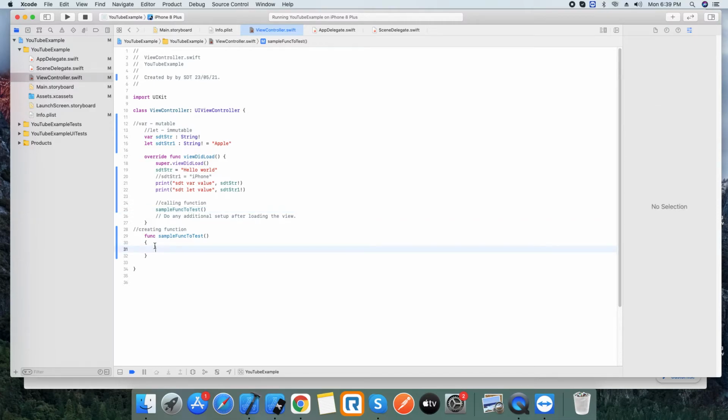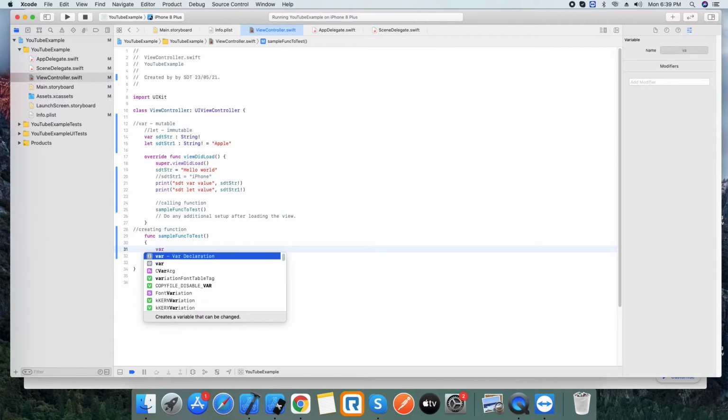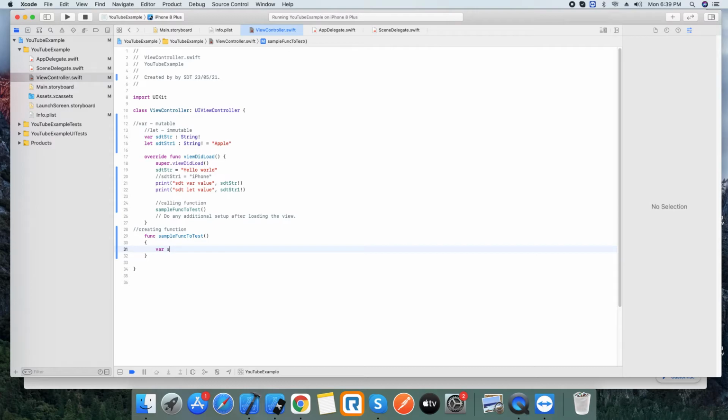Now I'm going to tell you the difference between local variables and global variables in the same class. For example, in the function sample function to test, I'm going to declare a variable, var sample str, String.